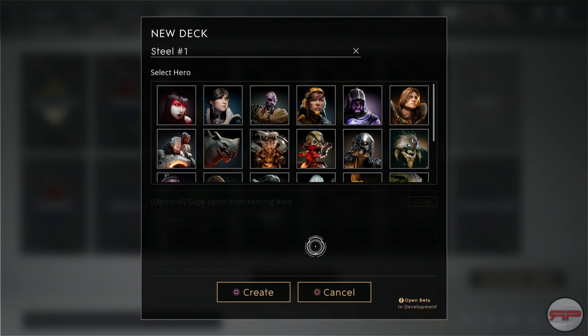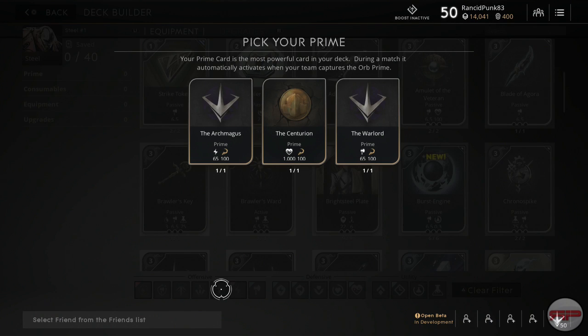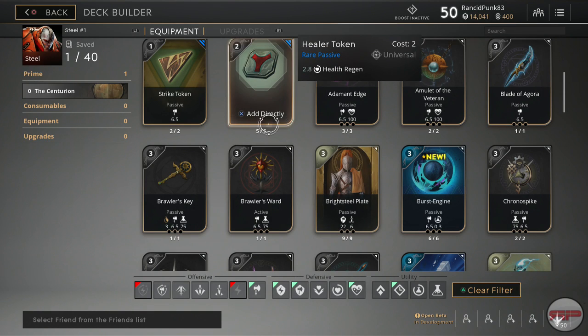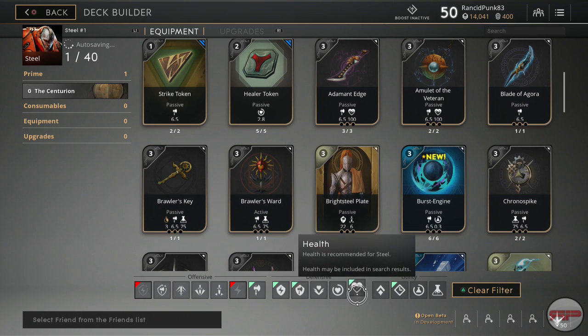Okay, let's just take a look at Steel. He's a good beginner fighter, he has a lot of crowd control, and he's a very, very good support character for someone like Murdoch. We would probably build him tanky, as in this meta tanky unfortunately works at the moment. Pretty much every deck you see has health and resistance in them, so we'll go with the Centurion Prime card. Okay, now the first thing we want to do is we know that we want health, we know that we